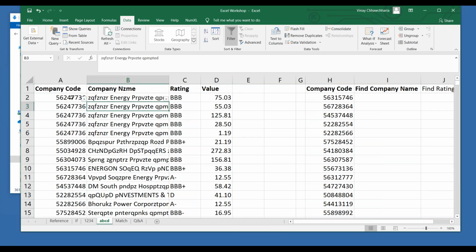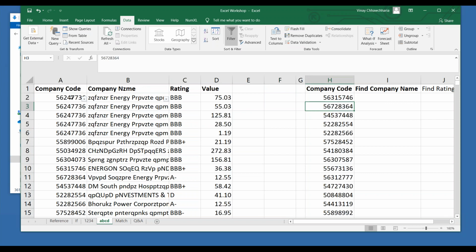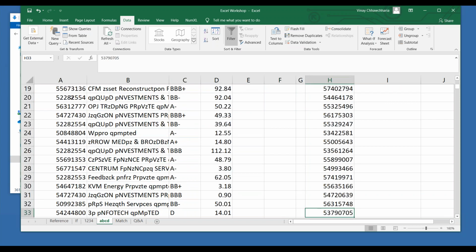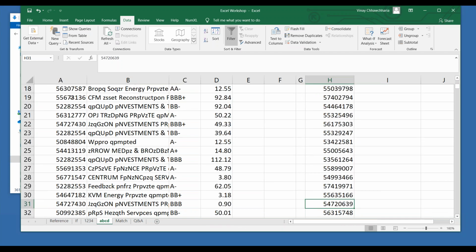The name of the company is repeated, so is the code. Their ratings are constant, the amount is varying. The list here is till 650, but suppose for some work you require the names of only these 32 or 33 companies.